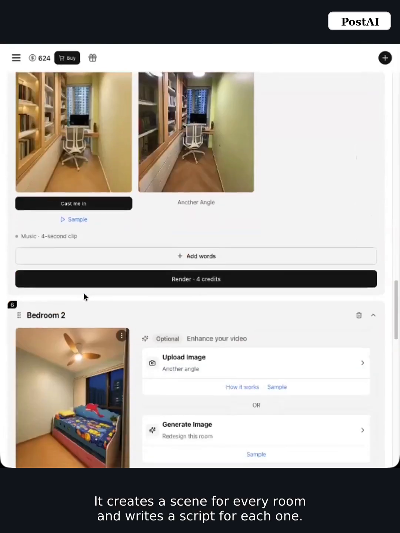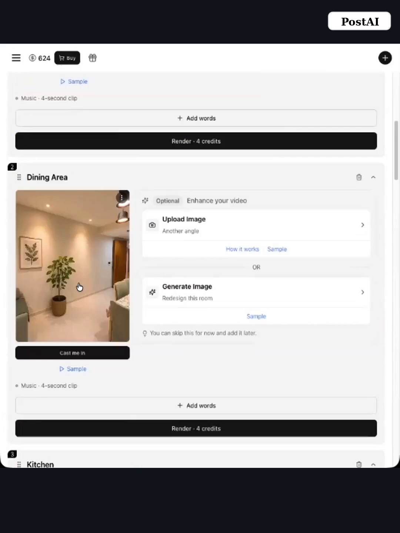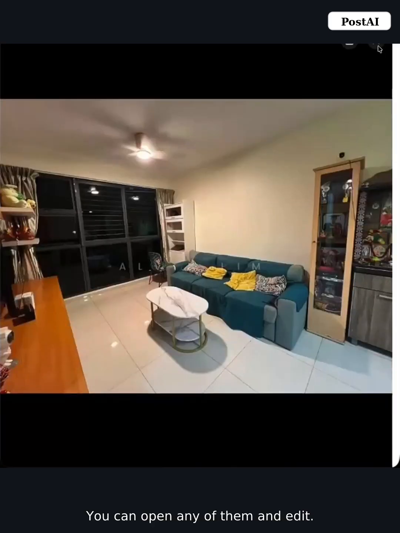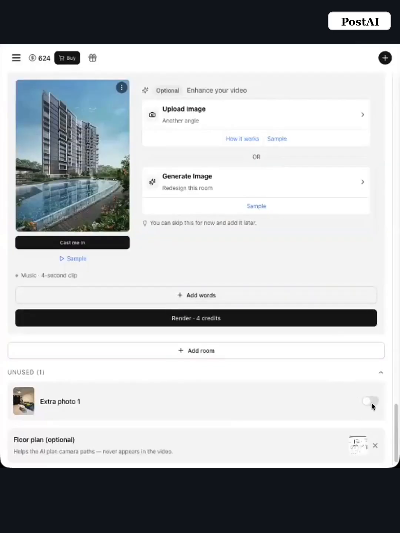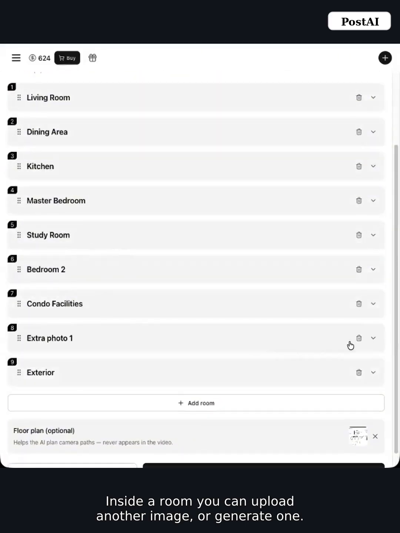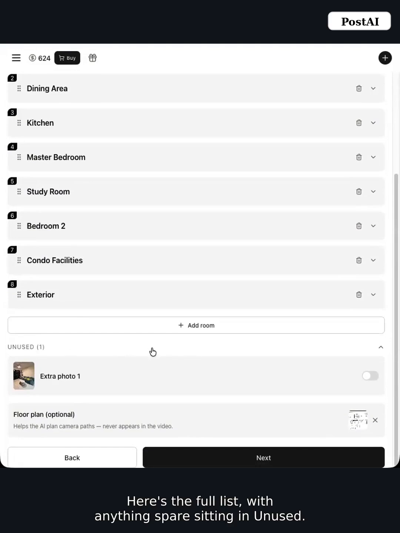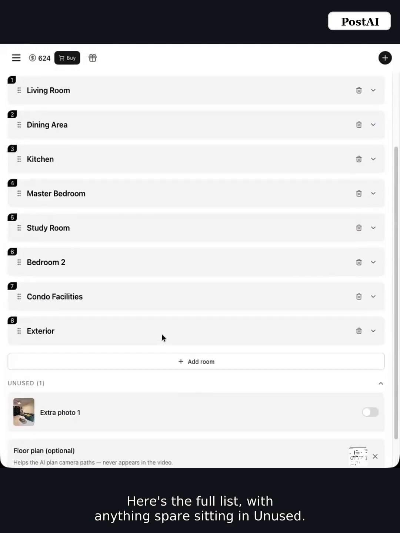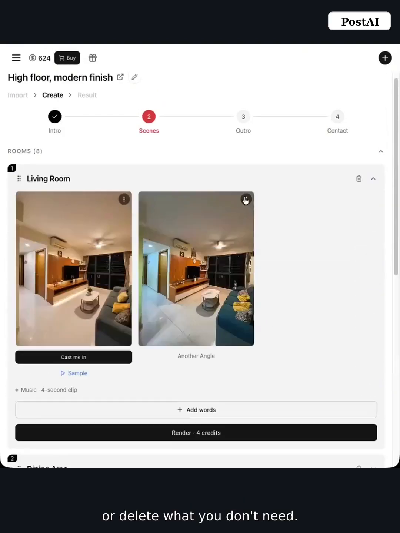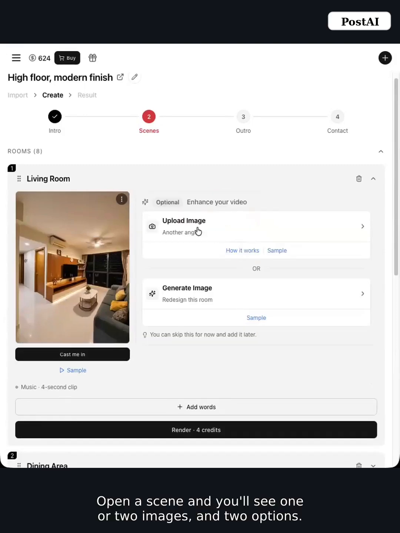selling points. It creates a scene for every room and writes a script for each one. Study area, bedroom 2, dining area. You can open any of them and edit. Inside a room, you can upload another image or generate one. Here's the full list. With anything spare sitting in unused, drag rooms up and down to reorder or delete what